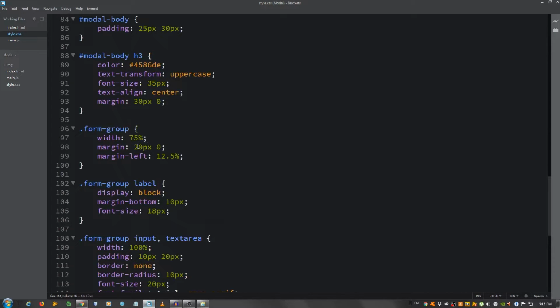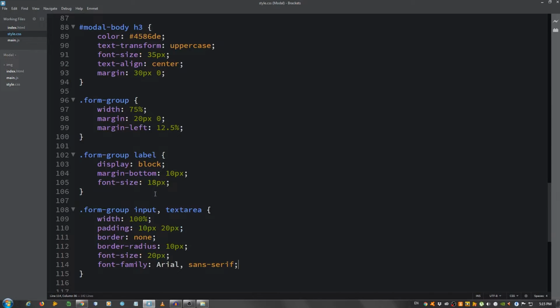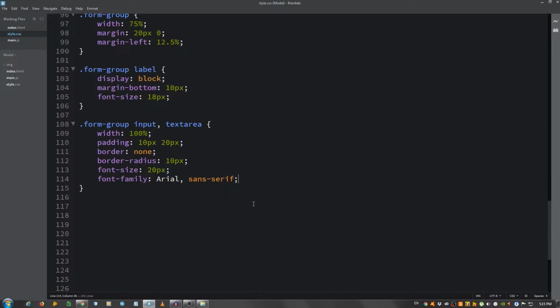So I set the width on the form group, I did the labels, excuse me. Now I'm gonna style the button. I hope I didn't miss anything here, it looks fine. Now for the button, so I'm gonna select the input with the type equals submit,